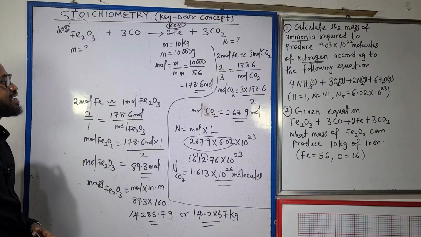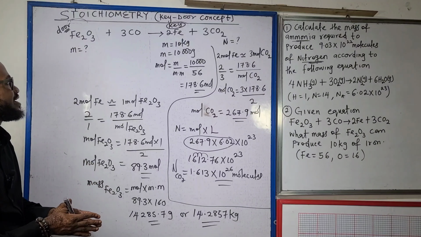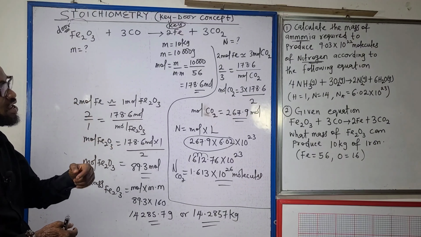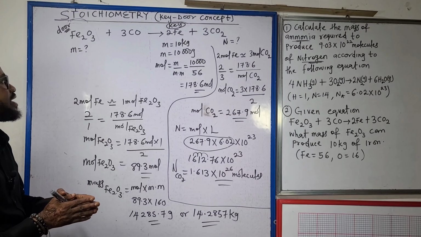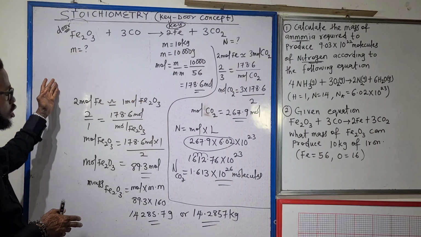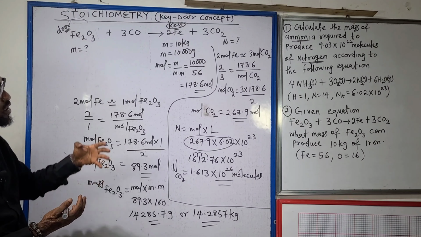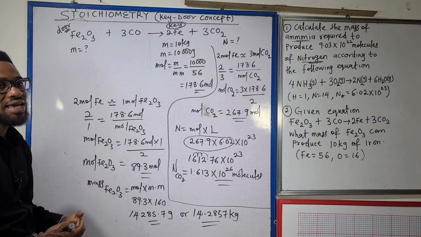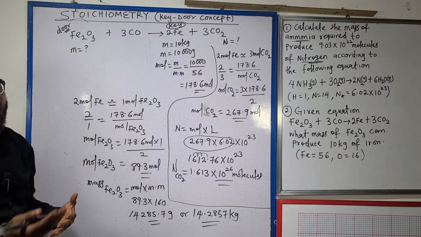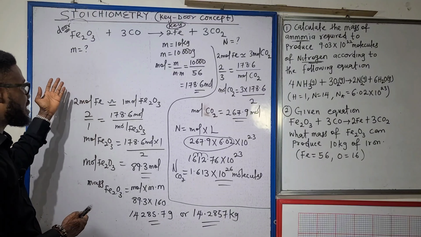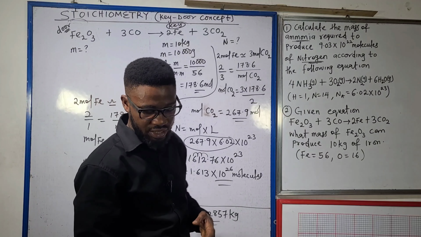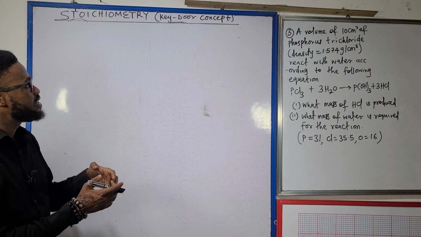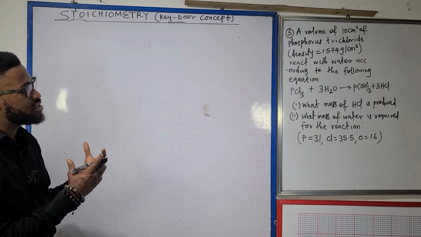Recall the process again. The process is very direct: identify your key, convert your key to mole, which is a standard key now, and use that to unlock whatever it is you're looking for. In unlocking, you're going to get that in mole. If the answer is wanted in mole, you leave it that way. If the question is asking for mass, number of particles, or volume, then convert the mole into those and you'd be good. Now, very quickly, let's move to question 3 so that you see that when you deal in stoichiometry,